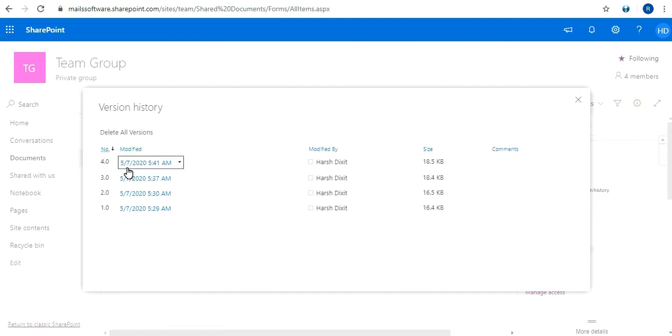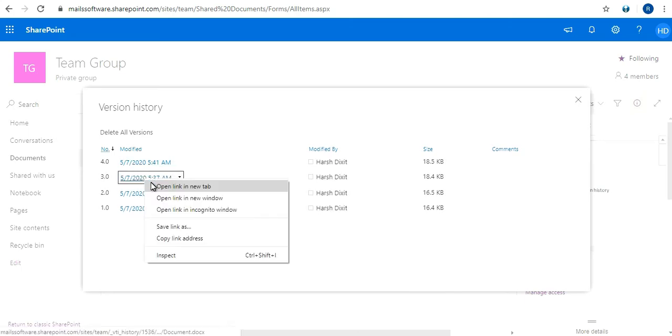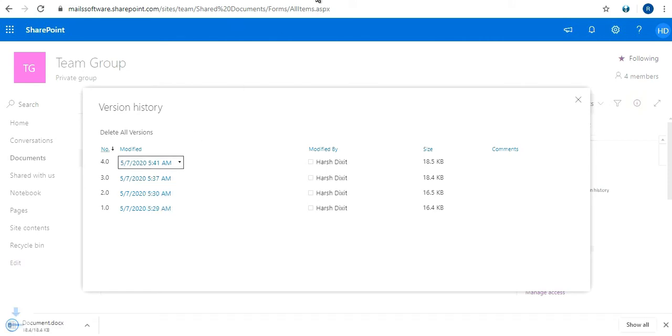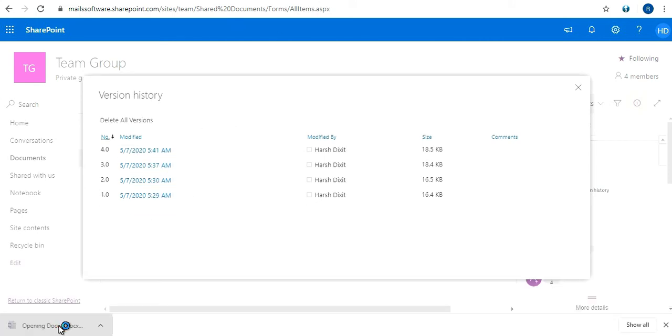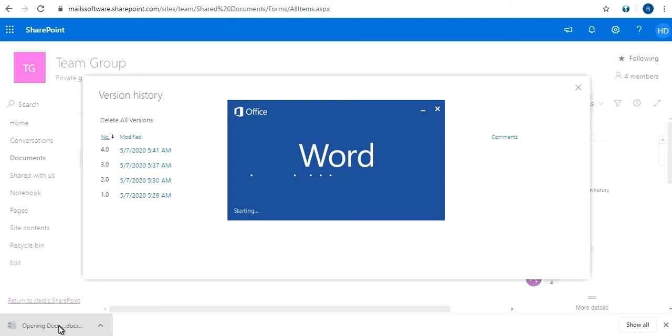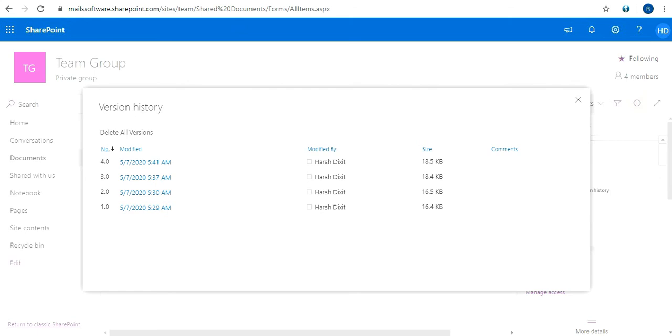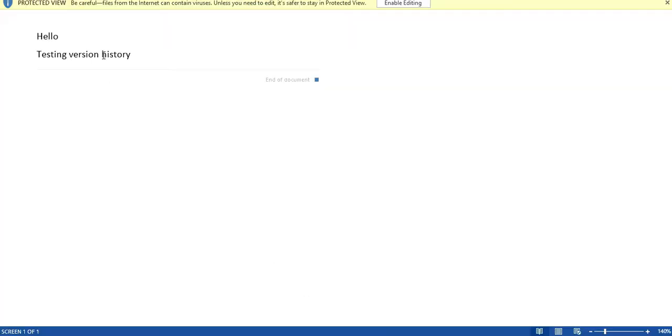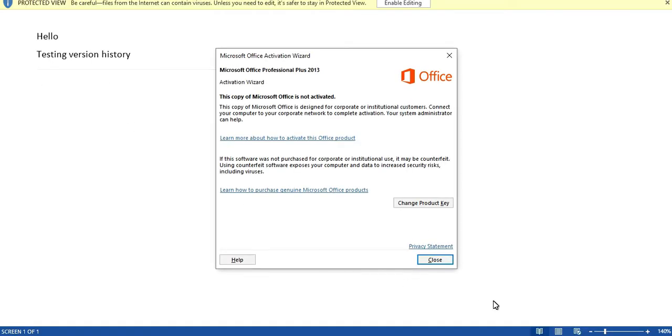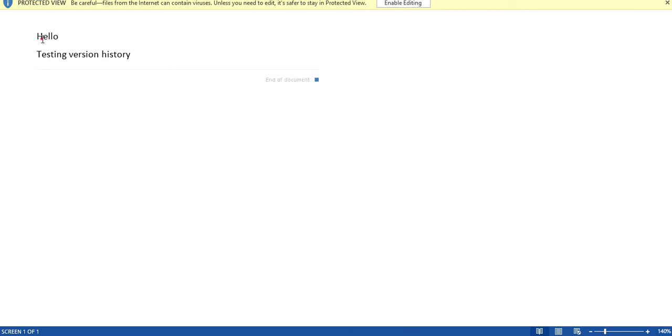We can go back to our previous versions, and we can see what we have updated in our latest version, like at 5:37. At 5:37 the document includes two lines: hello, testing version history.